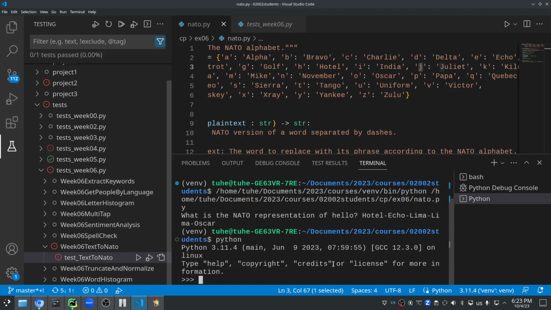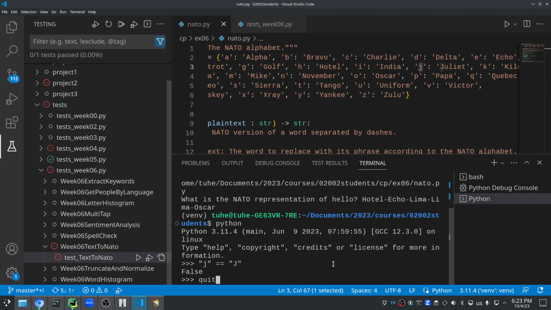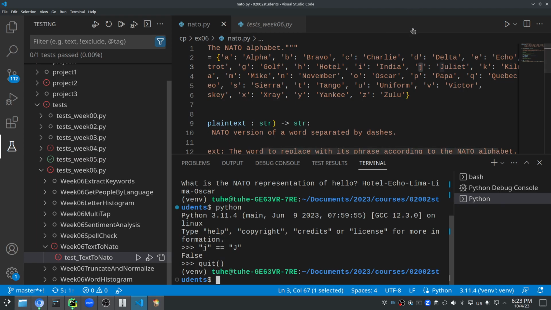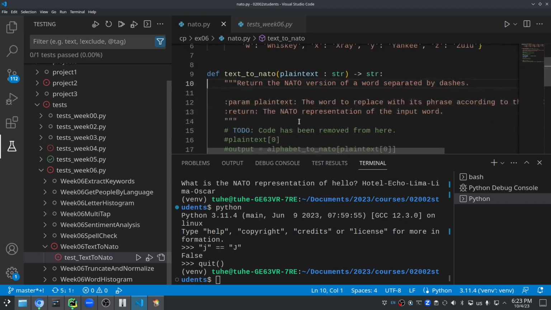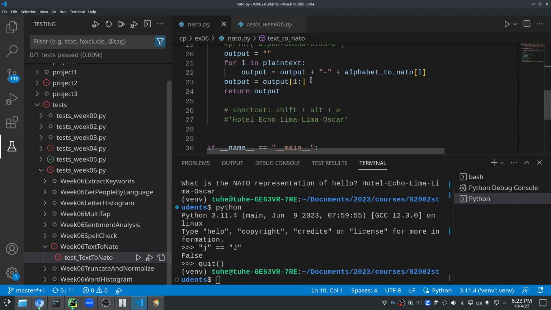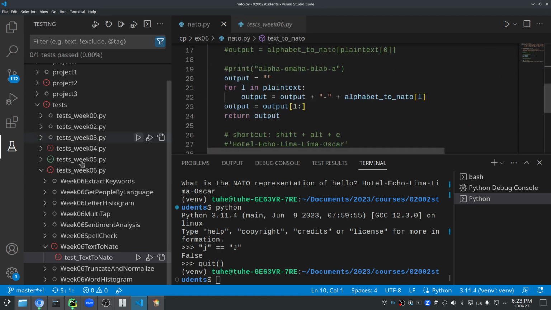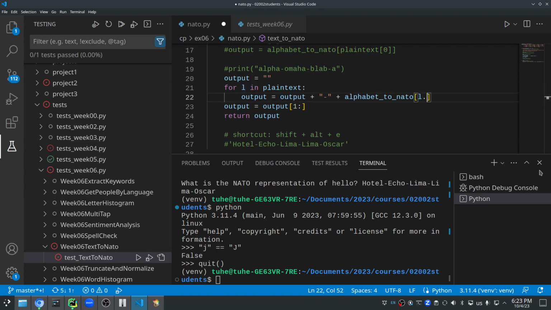We can just start Python. Then we can ask if j is equal to uppercase J, and that's not true. So that's the problem. The method needs to be robust to upper and lowercase letters. So how can I fix that? Well, I can just take this letter and then I can turn it into a lowercase letter using the lower